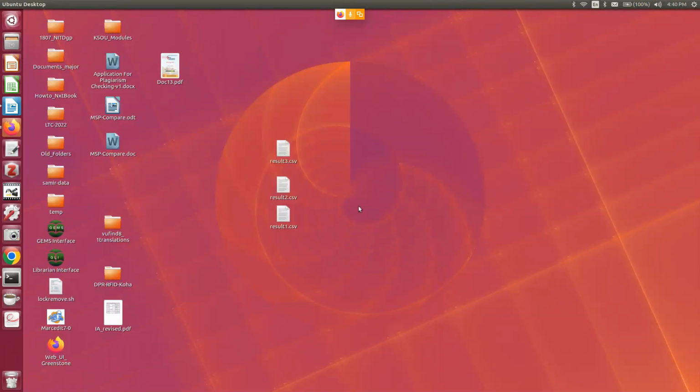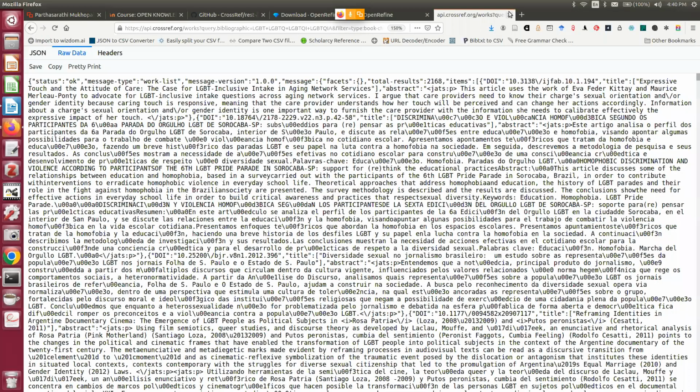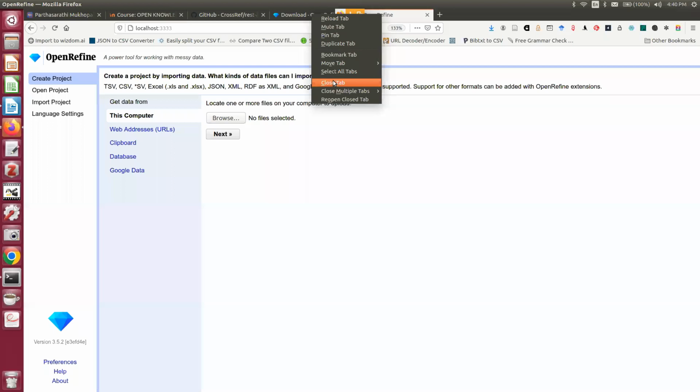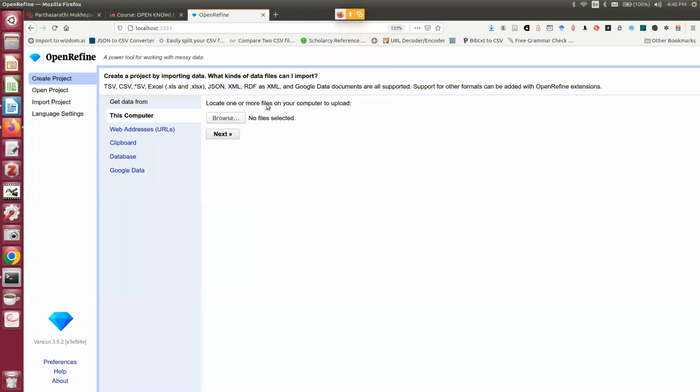Three CSV files. At this point of time, before jumping into OpenRefine itself, let me close this one. My job is done. Now, before making a quantum jump inside OpenRefine, what I will do is try to combine these CSV files into a single CSV file, subject to the condition